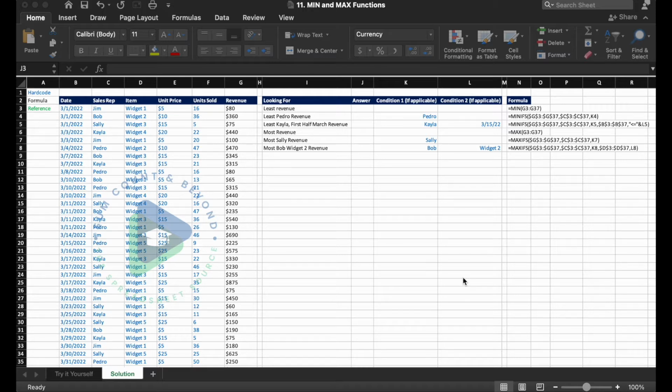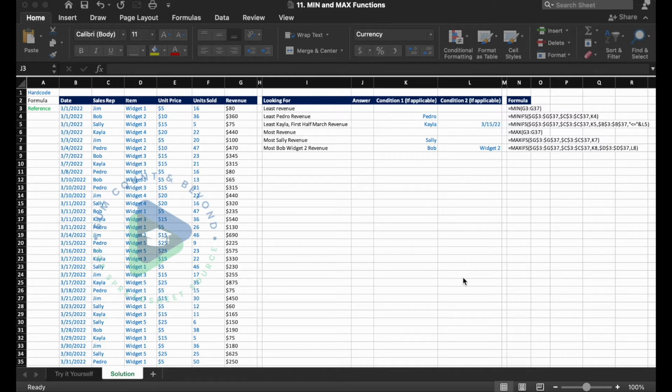So we are going to cover 4 different functions today: min, min-ifs, max, and max-ifs. At the most basic level, these functions will help you quickly find the extremes on either end of your data set. For both the max and min functions, they will only work with numbers and dates.